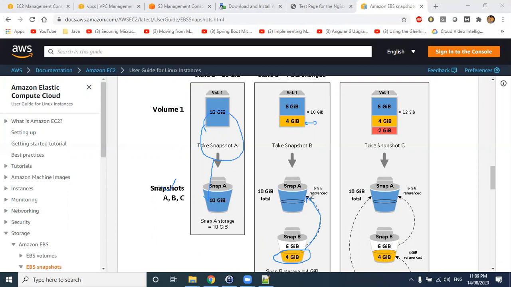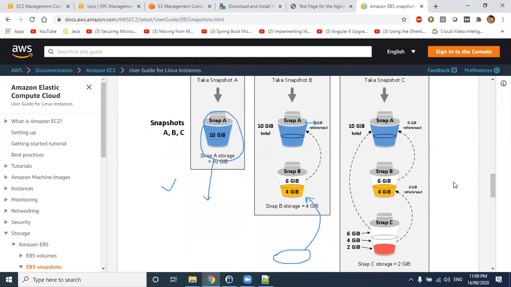Say you take a third snapshot backup. Third time, say only 2 GB of data has changed, so only 2 GB of data is backed up. If you want the second backup, it will go and verify the second one. If you want the first backup, it will go and verify this one. That's how incremental backup happens in snapshots.